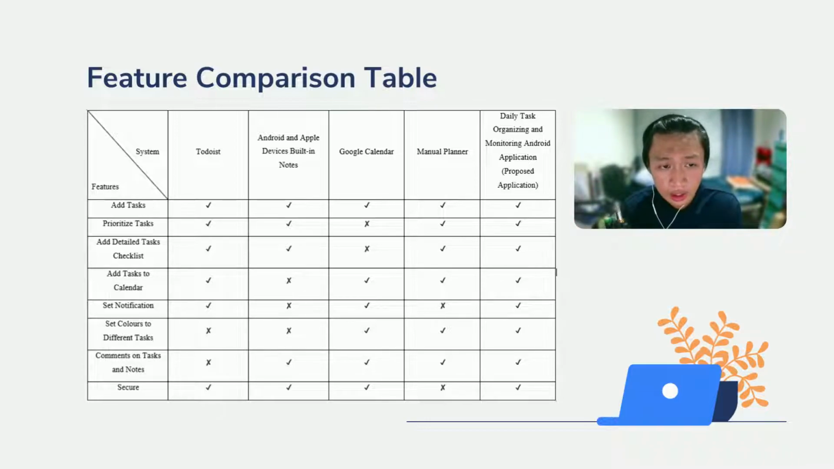For Todoist, it is a secure application that can add and prioritize tasks on a detailed task checklist and add it to a calendar. It can even set a notification for the task. However, it cannot set colors and write comments to a different task. For Android and Apple built-in notes, it cannot add tasks to calendar, set notification, and cannot set colors to different